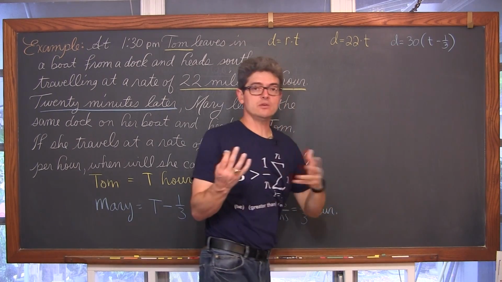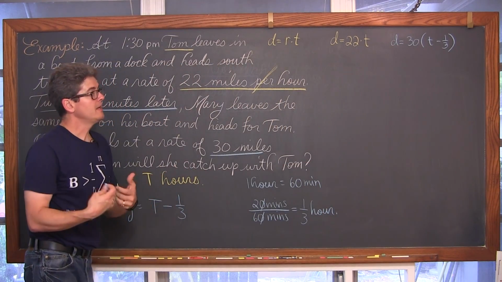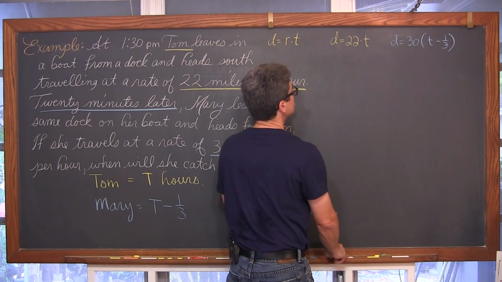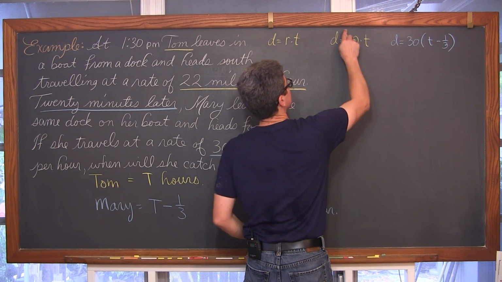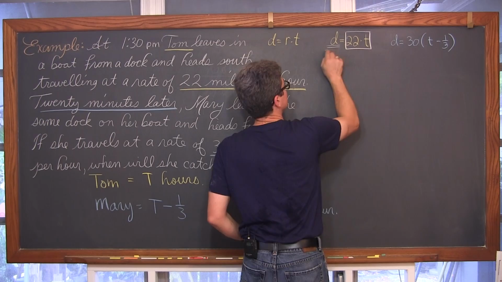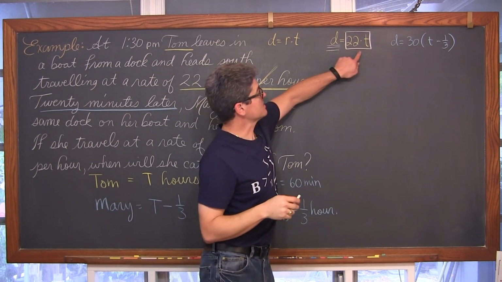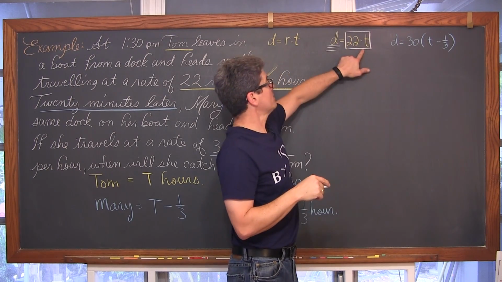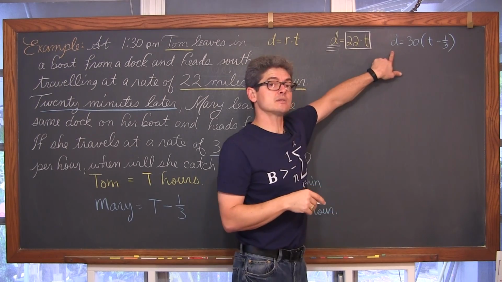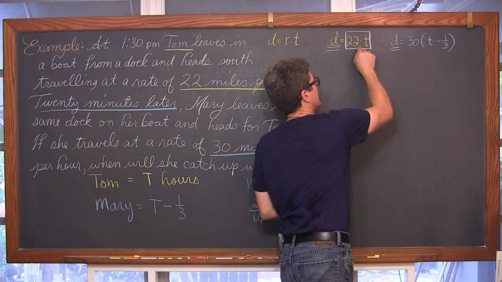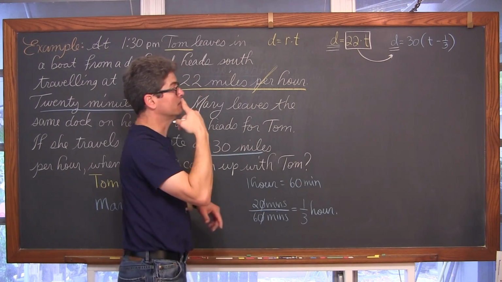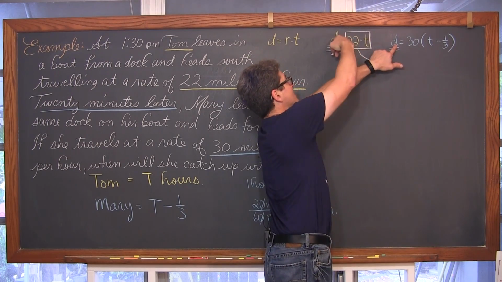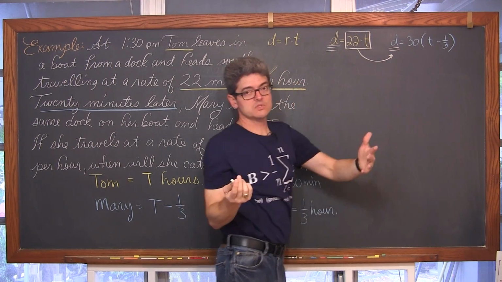This equation's equal to D, and you're getting a taste of what it is to solve a linear system with something called substitution. We're going to take this expression right here, it's equal to D. Since this expression is equal to D, I'm going to take that expression and plug it into the other equation. If it's equal to D, I'm going to find D in this other equation. There it is right there. And plug it in, substitute it in. D is equal to 22T. So this D is going to come out, and in its place, 22T.